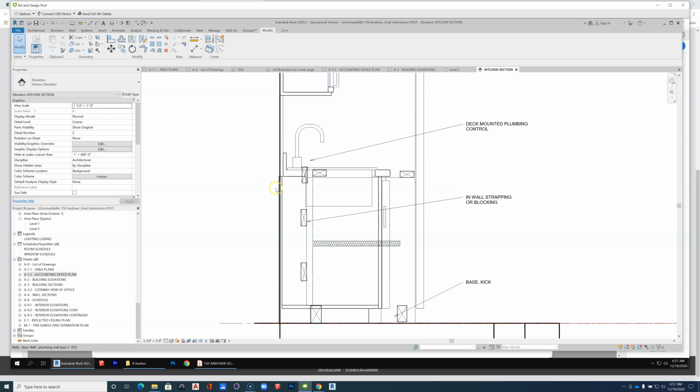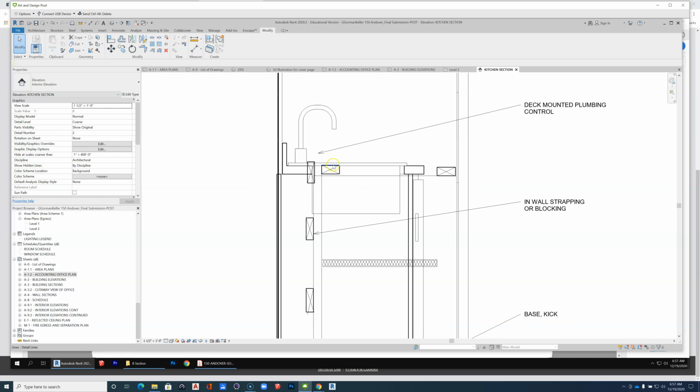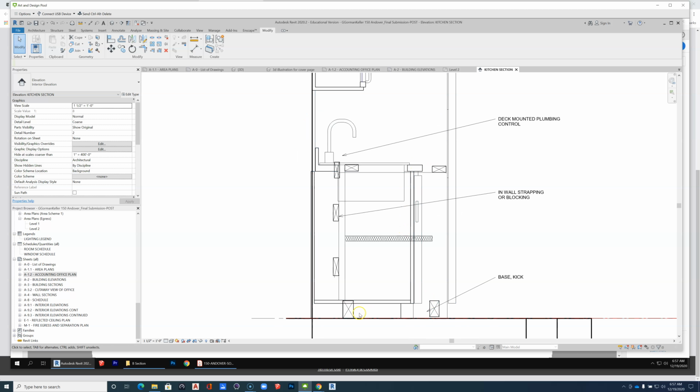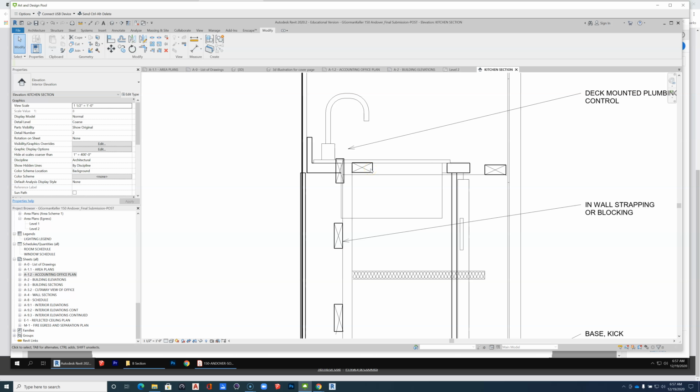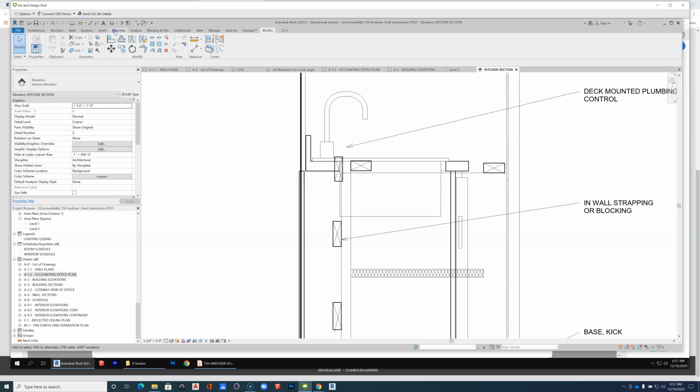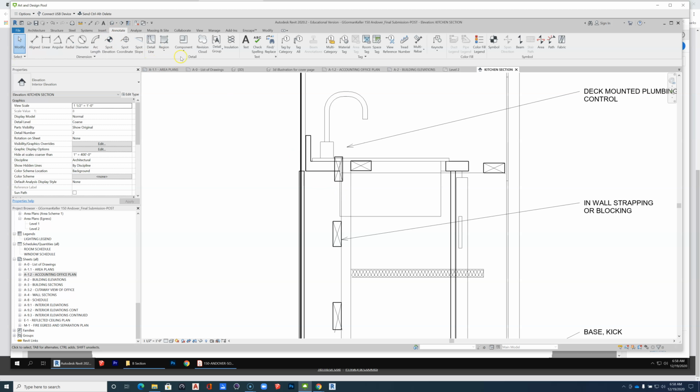So let me, it is commendable that you went about trying to create these things, and I did encourage you guys to simply draw if you weren't able to manage to locate the detail items. But let's see. These are pieces of wood, sections through 2x4s or 2x6s or 1xs or whatever that is. So from the Annotate menu, those would be detail items, which are misnamed detail components here. But let's